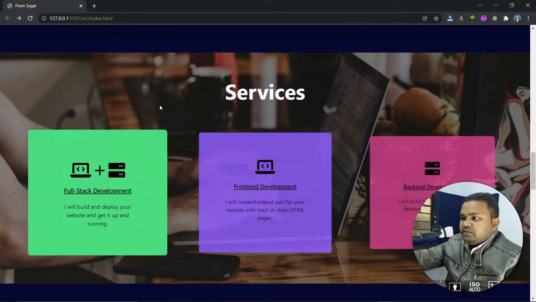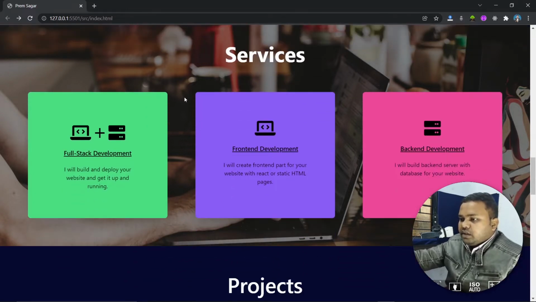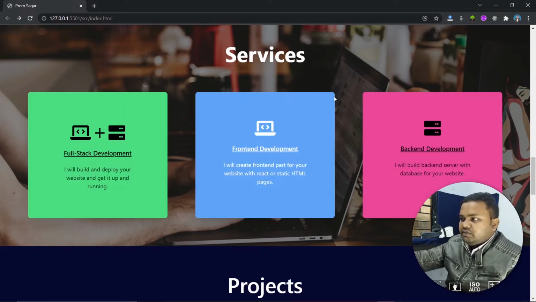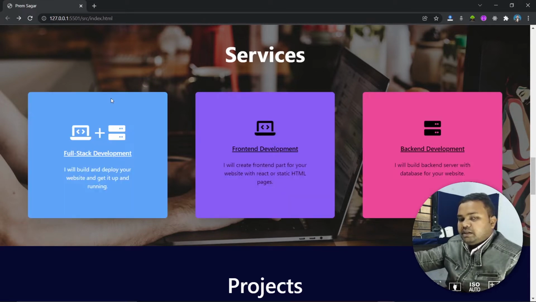Next, I have this services section, and it has a parallax effect. As you can see, the background is not changing, only the content is scrolling up and down. Here I have three cards where I am showing three different services which I provide: full stack development, front end development, and back end development. As you can see, when I'm hovering over these cards, they change background color and also the text color